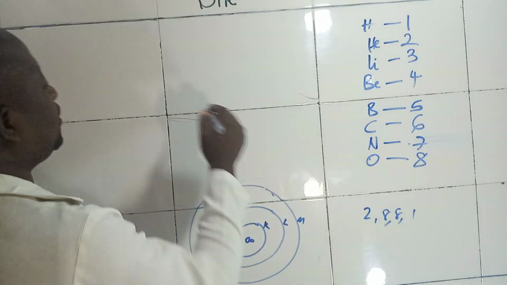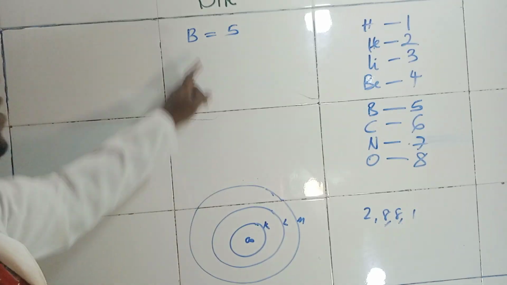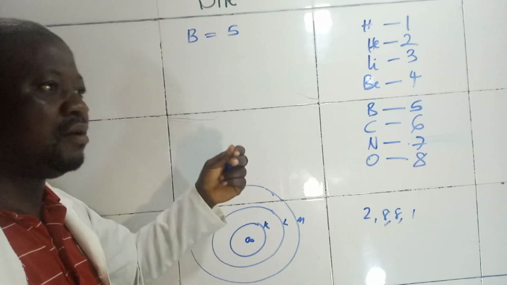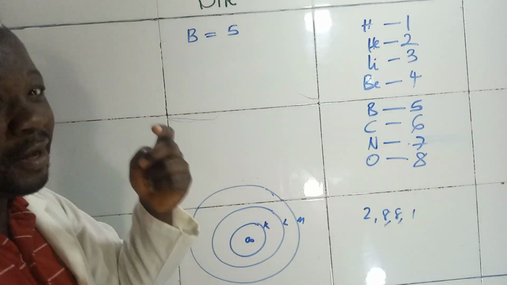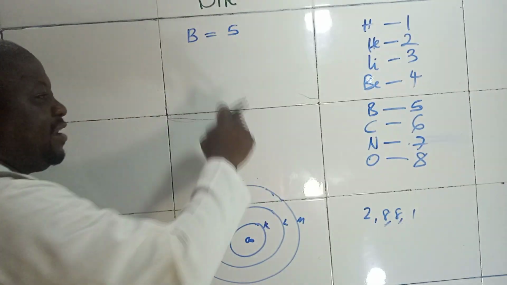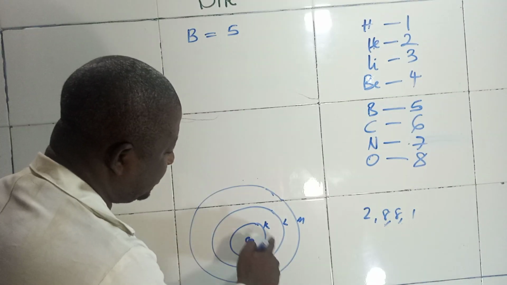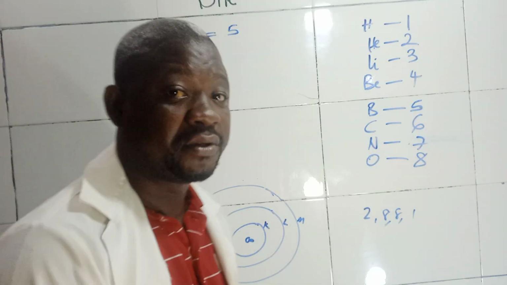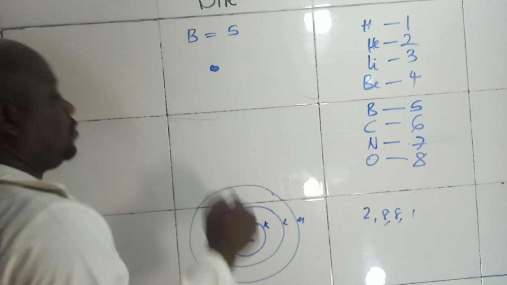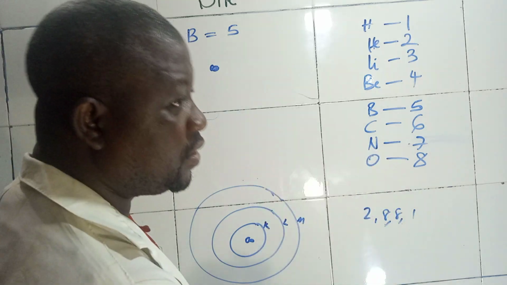Let me just pick boron. Boron is 5. The atomic number of boron is 5. When you hear atomic number, it's talking about the number of protons or the number of electrons. So boron is 5, which means I have 5 electrons. This is what they call the external shell. The shells K, L, M are regarded as the external shell. So we now have the nucleus. Don't forget, when I say nucleus, I'm talking about the neutrons and the protons.